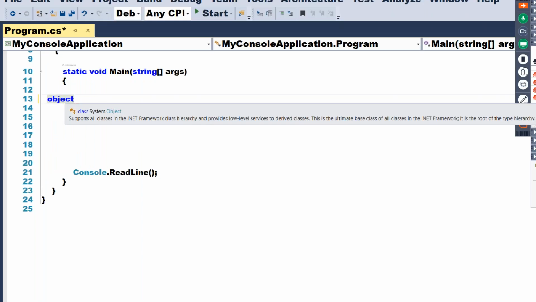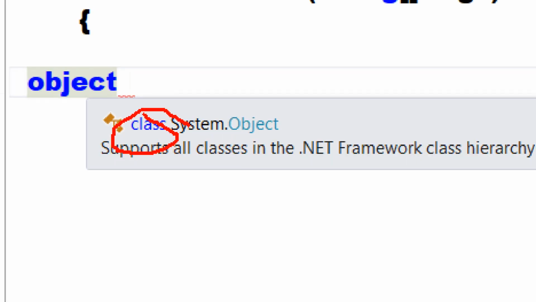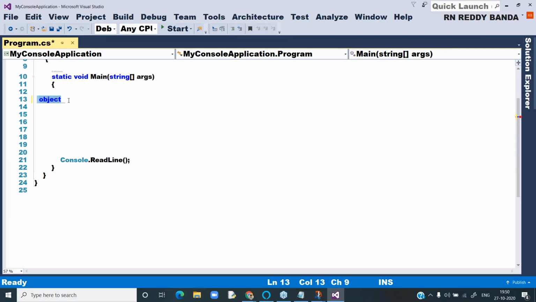Reference type data will be stored in heap memory.